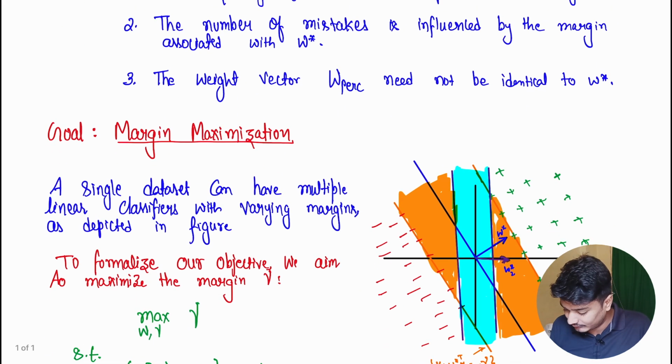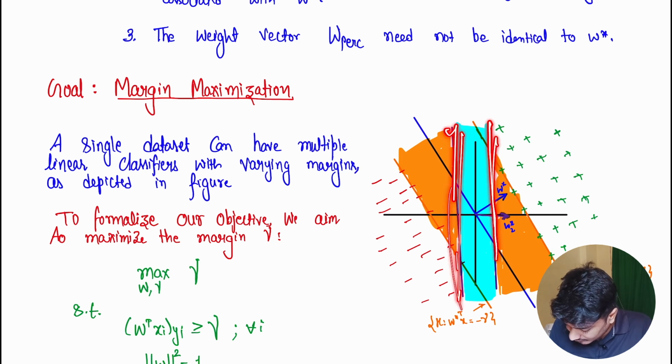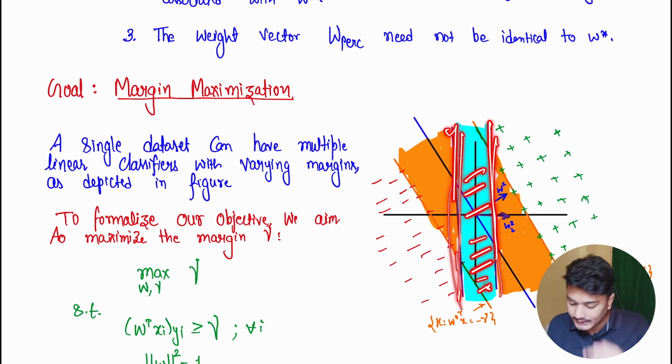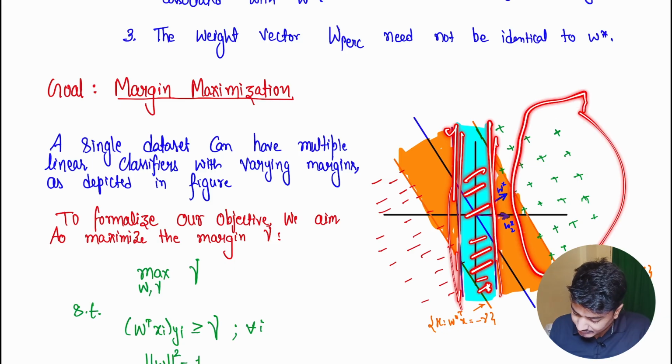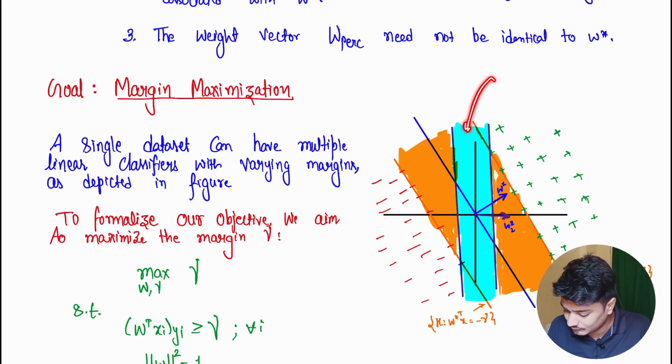Just like if you see in this picture, we have one W star here. There might be some other W star as well, which separates our data set. So in this context, this is our plane and this is our W star 2, due to which we get this margin, and it separates these data points and these data points. This margin separates this blue one.